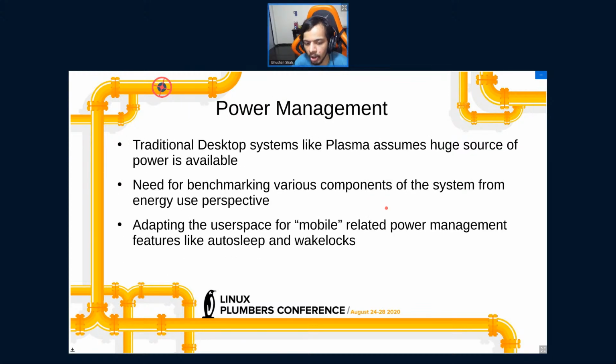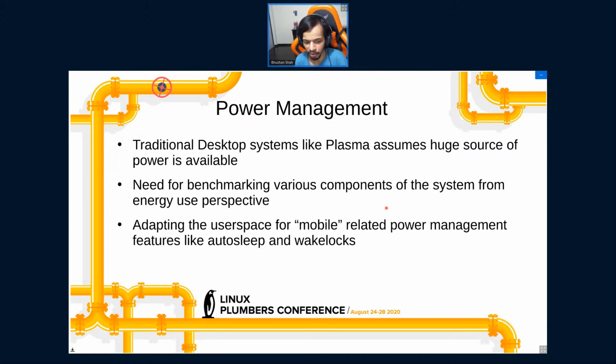Okay. Another area is power management. It's not exactly a problem of Linux itself, since Linux has really nice infrastructure for this, but a traditional desktop environment like Plasma typically assumes that the target device will have a huge source of power available, like giant batteries, or is just plugged into the wall, so you don't really think about energy consumption most of the time.